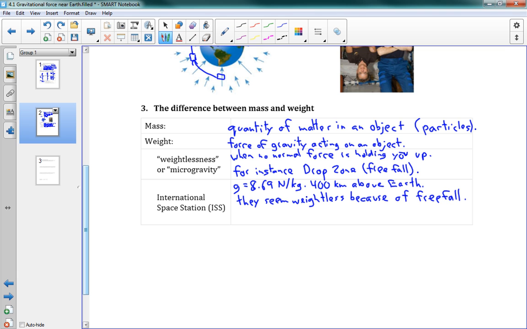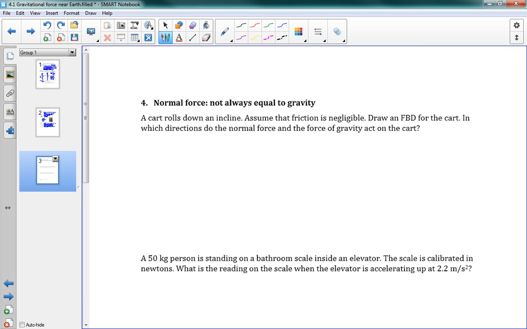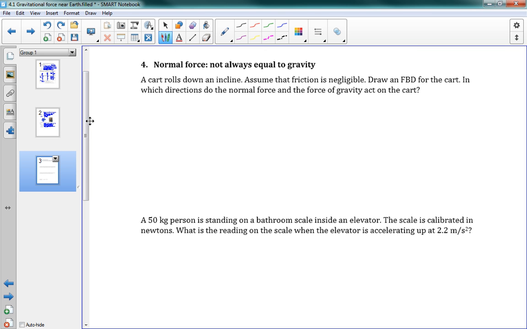Okay. So that's this idea of weightlessness, and the idea that normal force is an important concept to determine how heavy something feels. Now, last page here, we're going to do a few problems to show different situations where